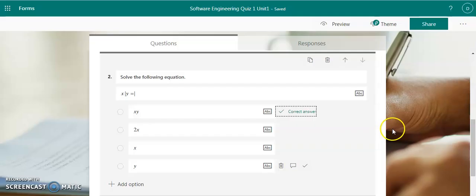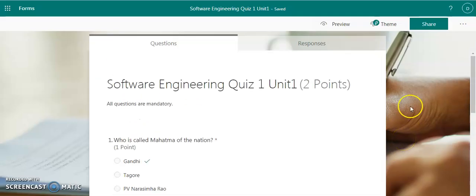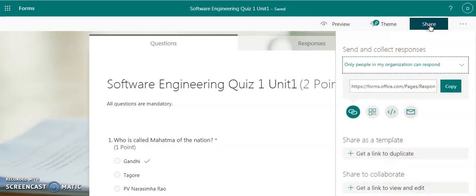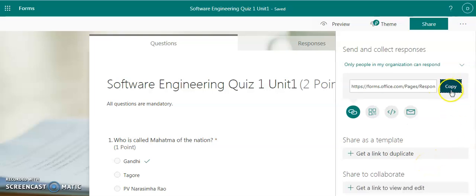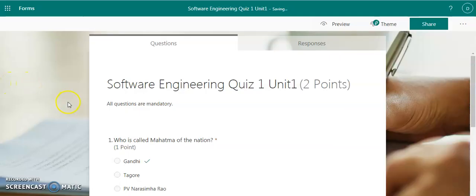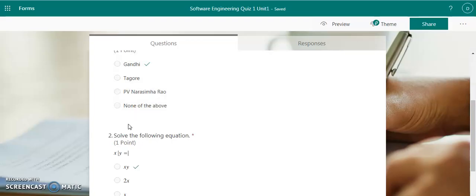You can share this with your students using this particular option here. Click share, click copy the link and give it to the students. The other option is to use Microsoft Teams, where you can automatically add this particular quiz to a particular class team.